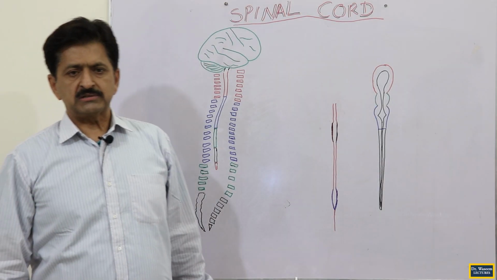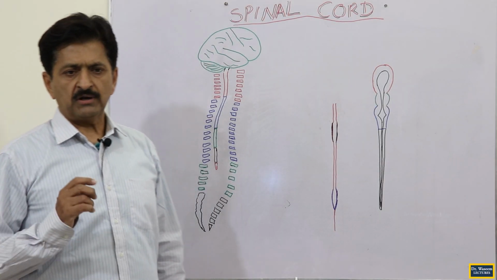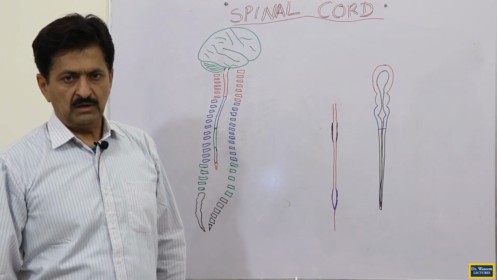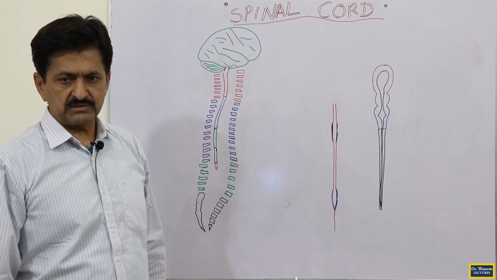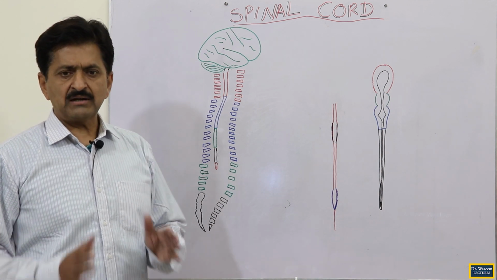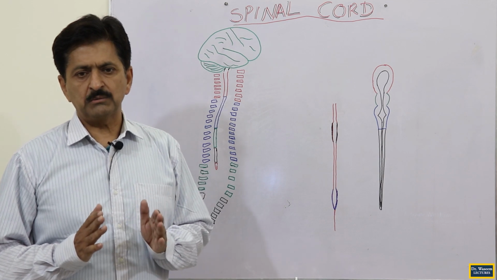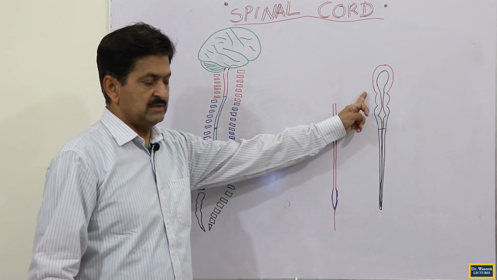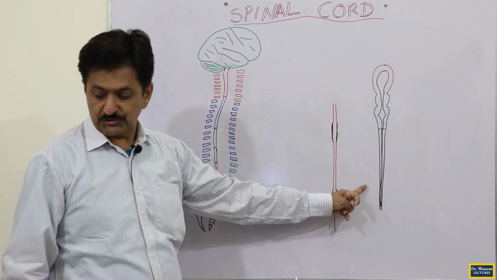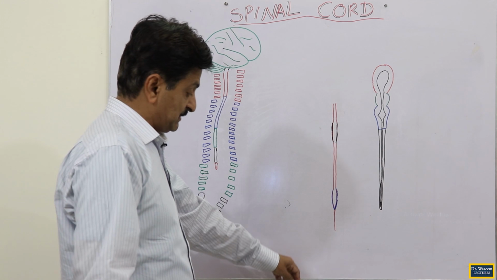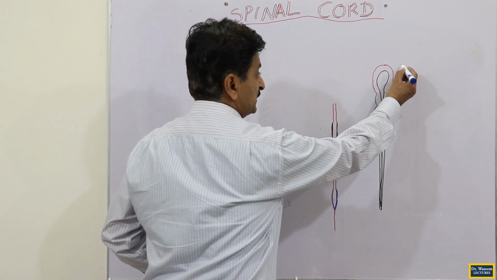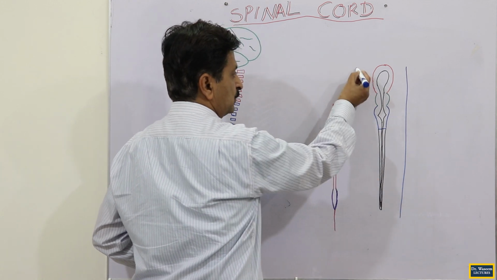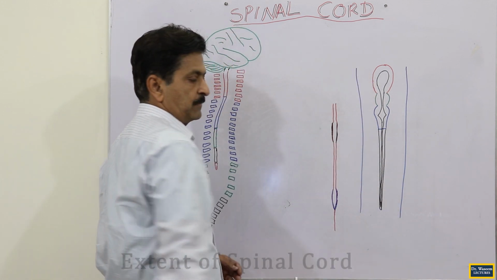Today we are going to discuss the first component of the central nervous system, that is the spinal cord. As we have discussed in the previous class, the entire nervous system develops from three main things here. Number one is this, called the neural tube, and number two is the pair of neural crest cells which are standing on two sides of the neural tube here. This is a column of neural crest cells.